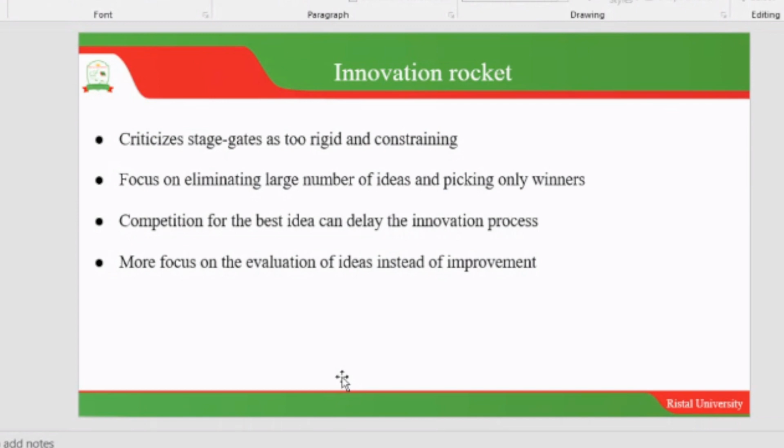So there you eliminate the competition for the best idea. And remember, if you are going to have many ideas, the people who have contributed the ideas really believe in them, and they will always negotiate that their idea should be taken up, and this can delay the innovation process. So in this case, we want to focus on evaluation of the ideas